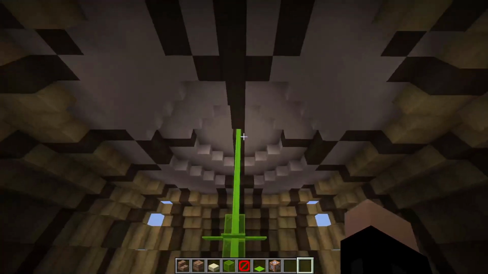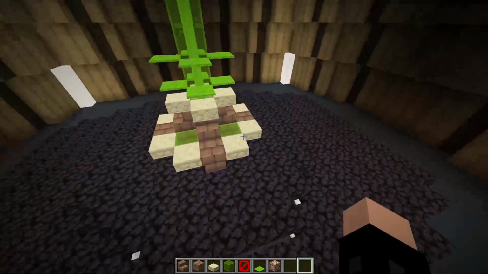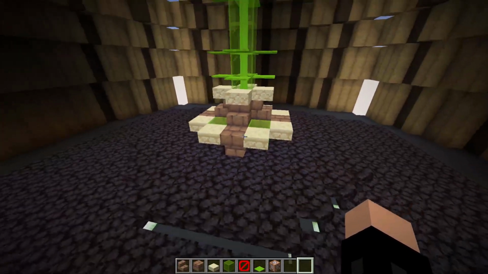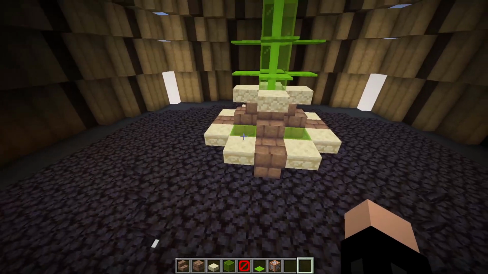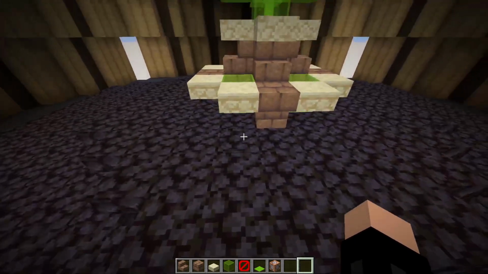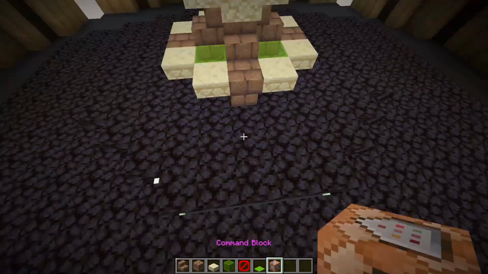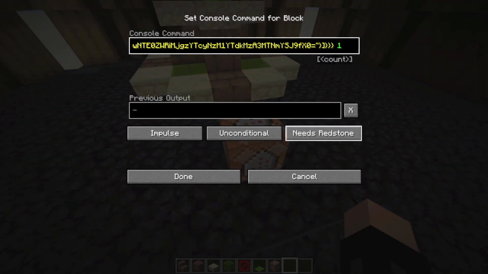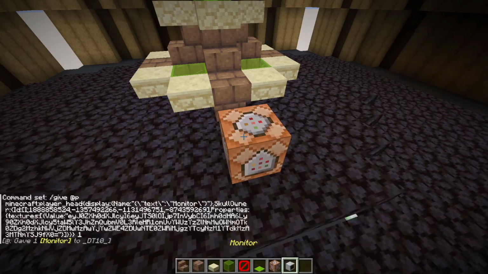Now just before we move on to the top of this rotor, we're just going to decorate our console down here. So as usual, you can put any sort of redstone on this that you want, throw in a few levers and buttons here and there. However, one trick which I really like to do is to grab yourself a command block and copy and paste the command that is in the description, and this will give you a monitor player head. So put this command in the command block and then set this to always active, press done, and you will